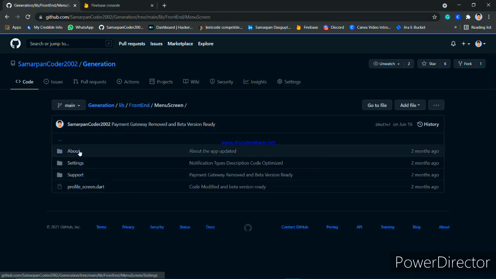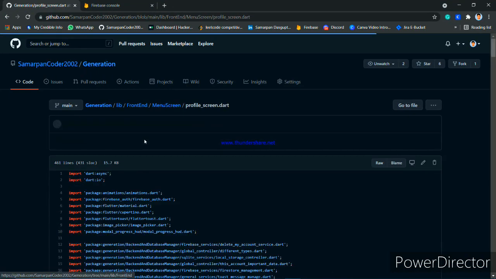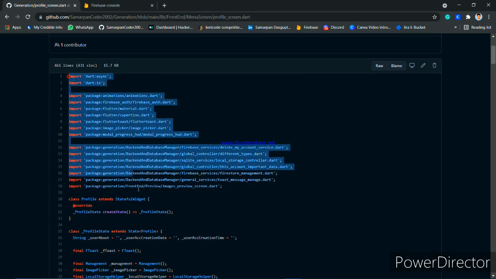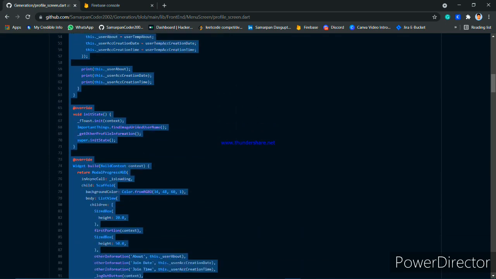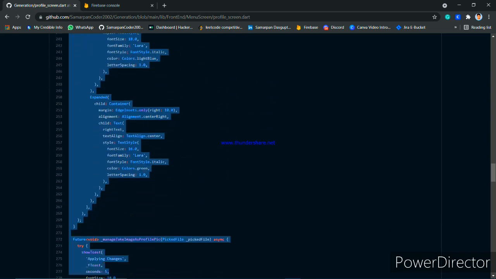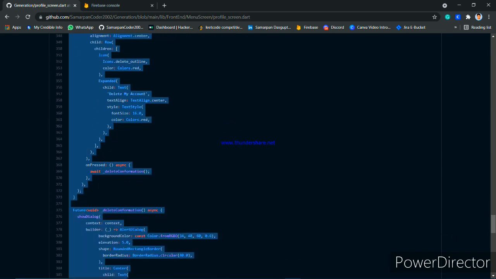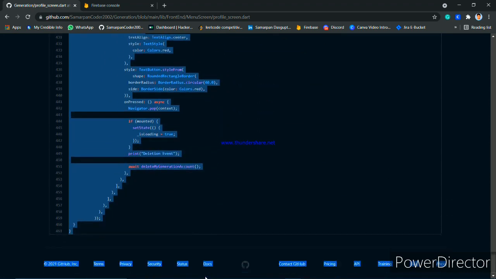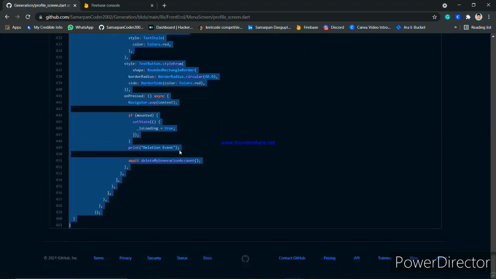That's the menu screen, and that's the profile screen code. But you shouldn't take from my previous build generation app because the code is not well organized, and I'm not taking all of it. I understand what I can take from the previous project, but I think you can't, because I made a totally different project. So take the code from the video's GitHub repo. The link to every video's code is in the description, and also in the first comment.